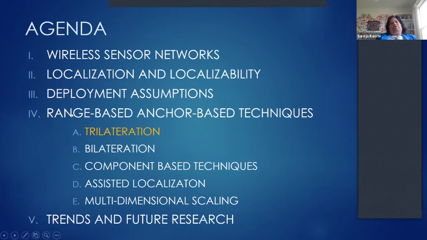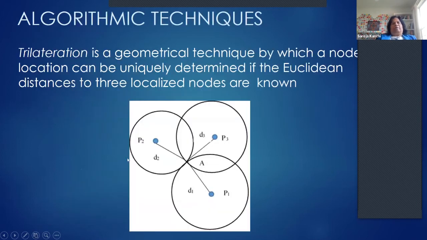So now that we know what range-based is, what anchor-based techniques are, I'm going to go over a few very interesting techniques that have been deployed and talk about some of my results in these applications. A very well-known technique for finding the geolocation of a node is geometric. It's called trilateration. It's simply that when you have distance available to 3 points in a 2D plane, we're talking about 2D localization here again.